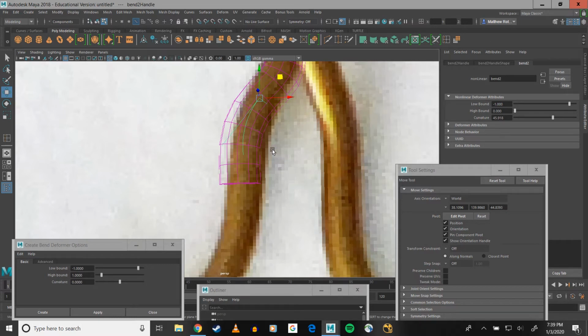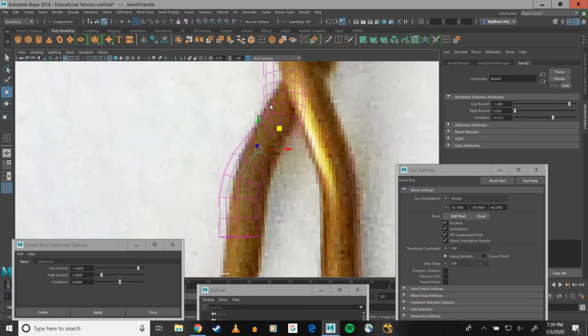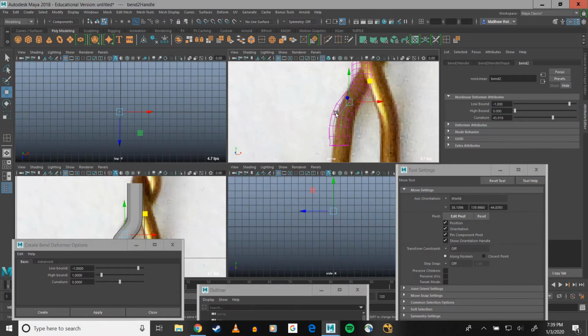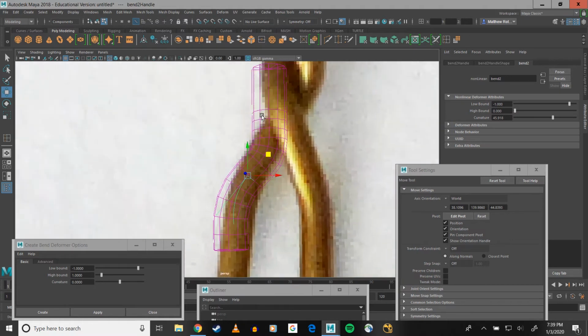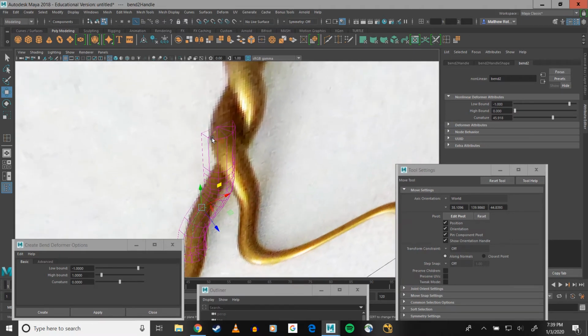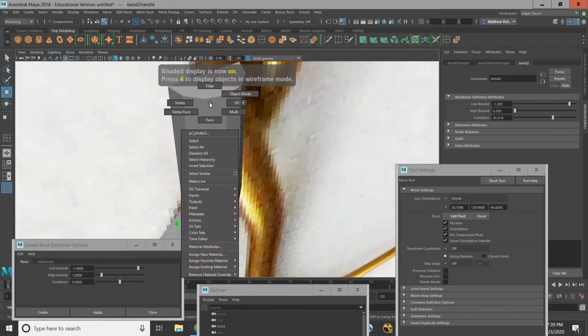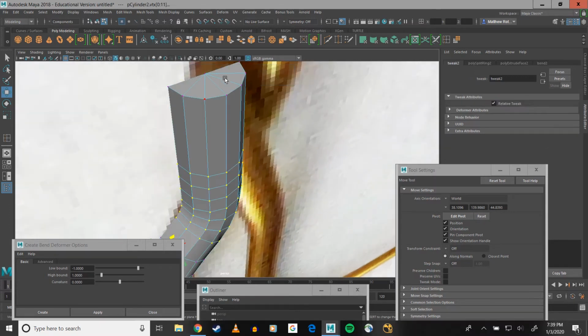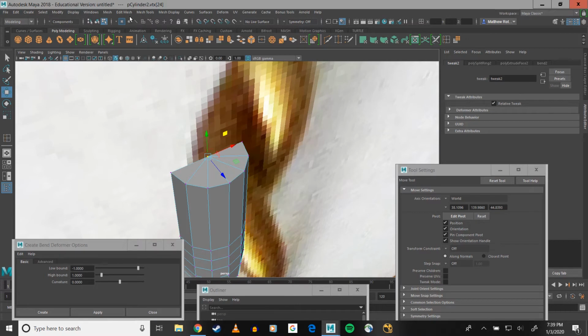And now ultimately, the reason why using a deformer is so useful is that we get such a clean bend, whereas if we were to just rotate the top face and keep extruding, which